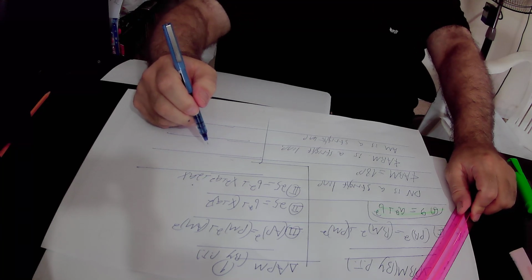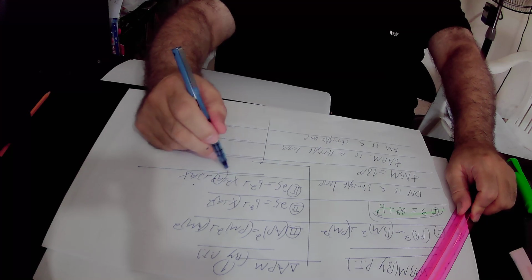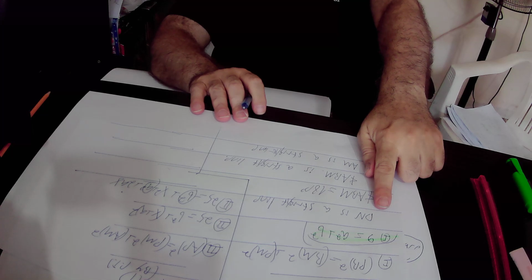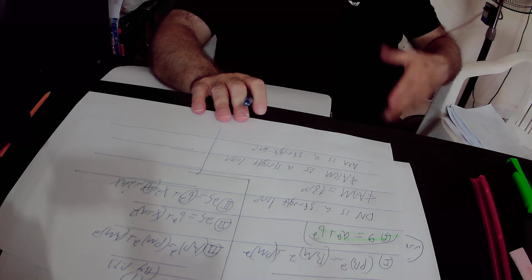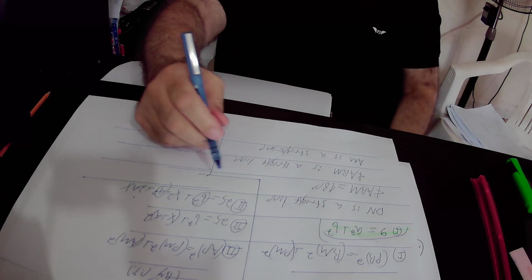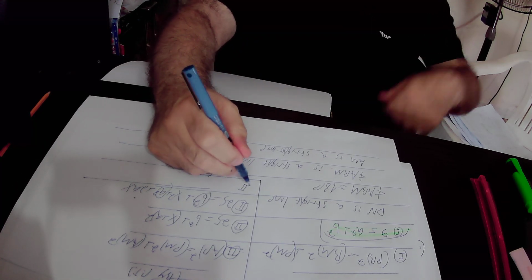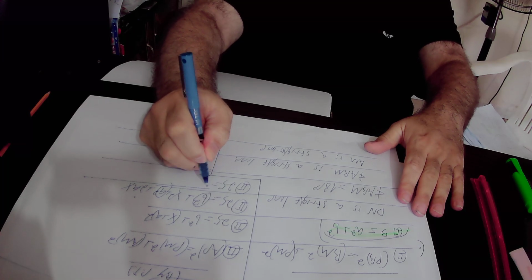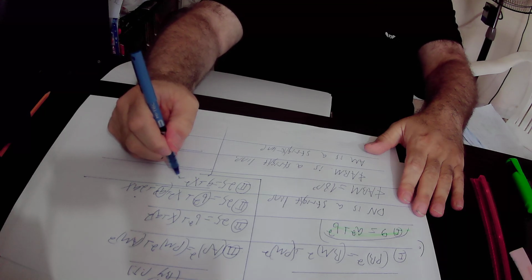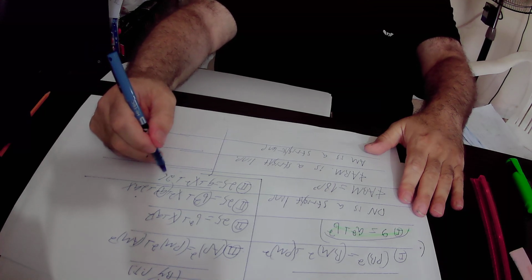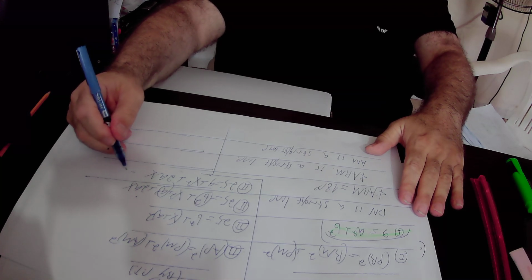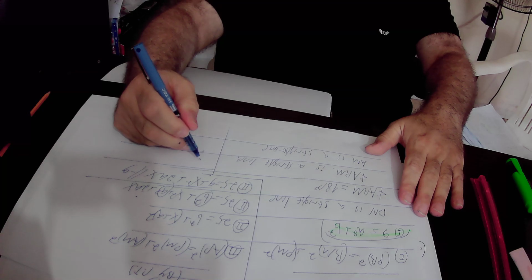Here in equation number 2 we have a squared plus b squared, and we have already found out that according to equation number 1, a squared plus b squared equals 9, therefore we substitute a squared plus b squared by 9 in equation number 2, and we get that 25 equals 9 plus x squared plus 2ax. Here we subtract 9 from this equation, and we get that